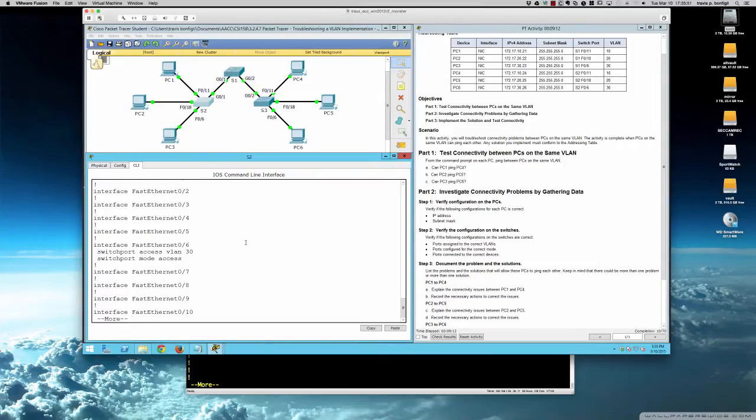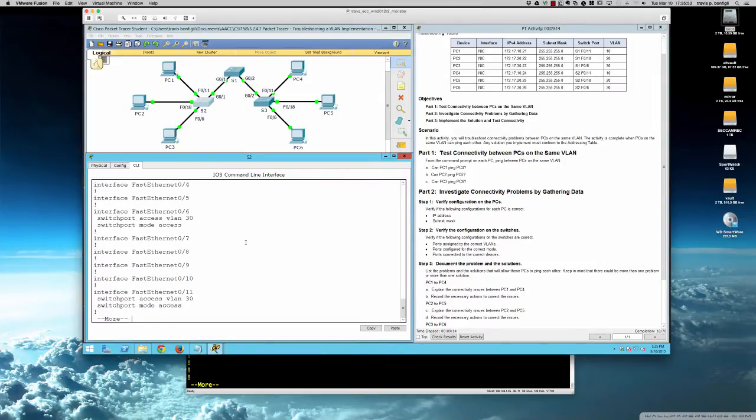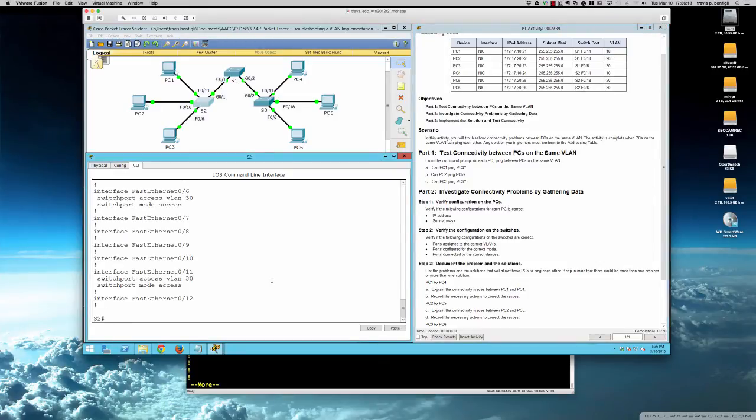So now let's take a look at FA011. Aha, so now this may be an issue. PC1 connects to FA011, and it is also in VLAN 30. However, PC1 should be in VLAN 10 according to our addressing table right here. Right? So let's do Q to quit out of that,